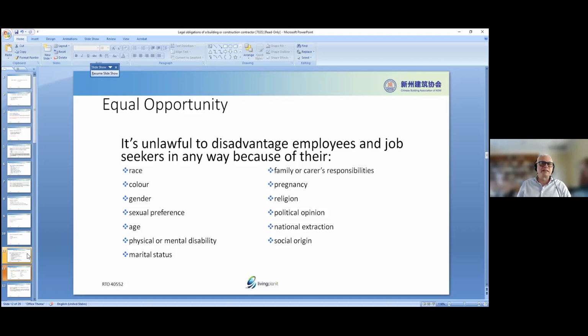We can't obviously take someone who has a mental disability or a physical disability if the work requires them to do physical work, okay? Single or married, can't discriminate. So all those items, I'm not going to go through them all, but they are there, okay? So ensure that you, as an employer, do not discriminate because of any of these things. Otherwise, you could be sued.